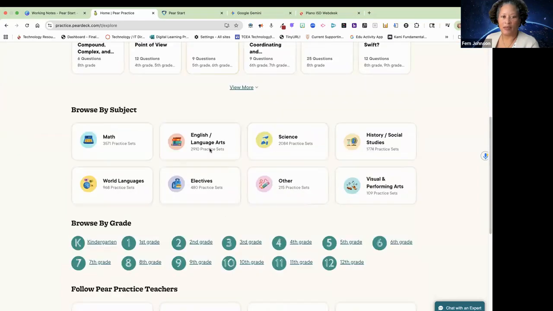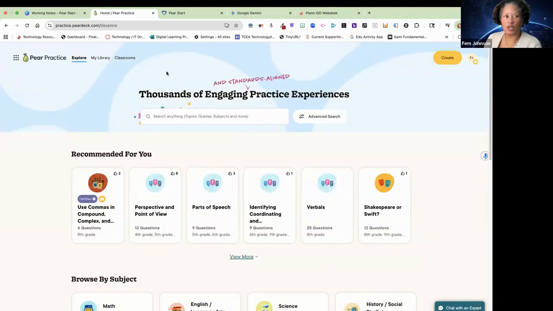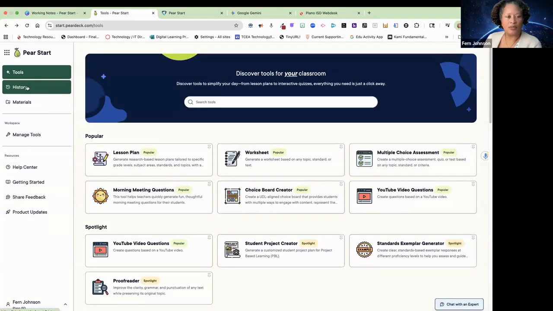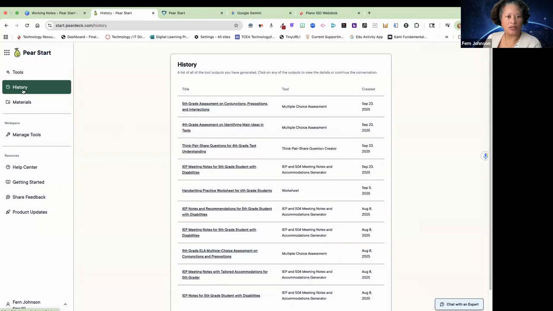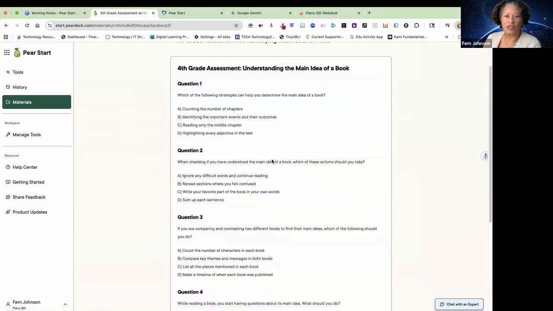And if you want to play games, actually the stuff you create in Pear Start, you can make it be a Pear Practice. So if you did multiple choice questions in Pear Start, after you've created them in Pear Start, you can make them be Pear Practice questions and then you can play a game. All right. So this material here, let me go to the history. Actually, I'm gonna go here. All right, so these questions,